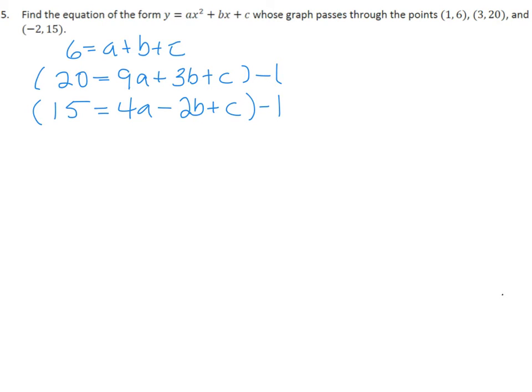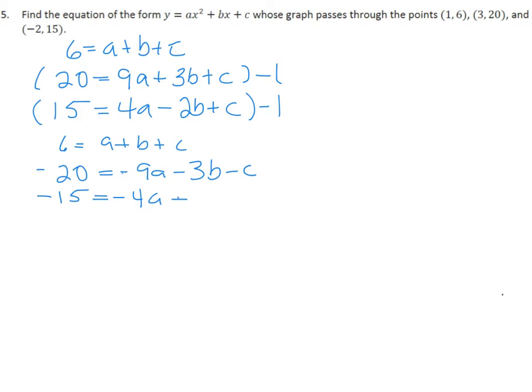So we have our top equation is still going to be 6 is equal to a plus b plus c, and our second equation now becomes negative 20 is equal to negative 9a minus 3b minus c. And my third equation now becomes minus 15 is equal to minus 4a, positive 2b, and minus c. So now I can start adding equations here. Let's add our first equation